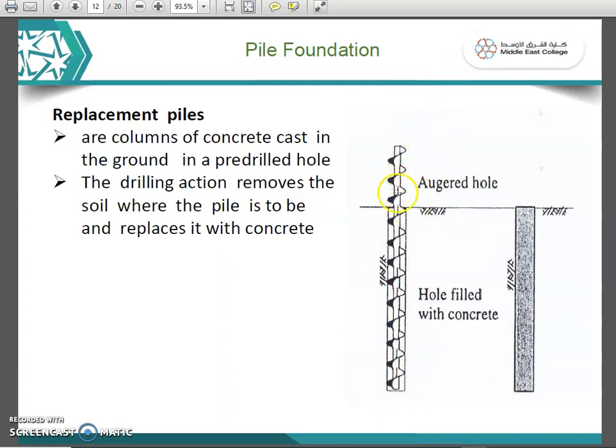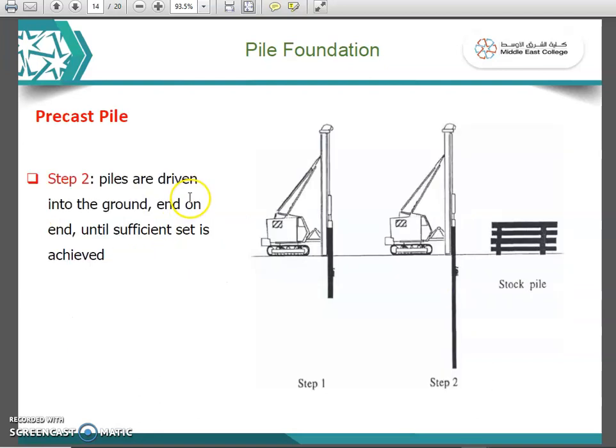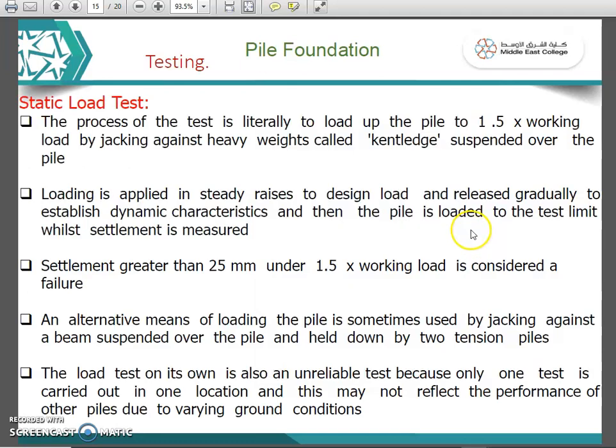If reinforcement is required, the auger bore removes the soil and leaves the empty hole, you can see the empty hole, then reinforcement is placed and it will be filled with concrete. So how do precast piles work? This is step 1. You can see precast piles, and we will discuss it in the class in detail. Precast piles are constructed or cast in an industry, so they are directly brought here. Then the hammering will directly insert the precast piles.